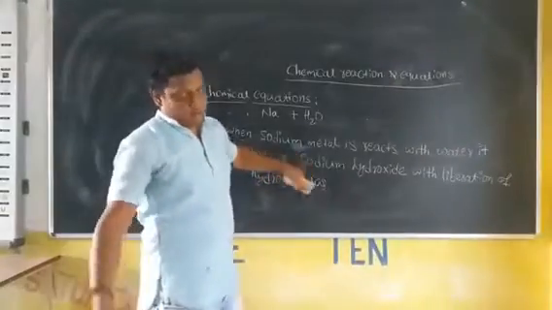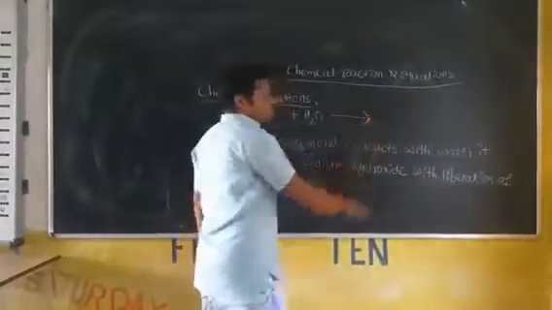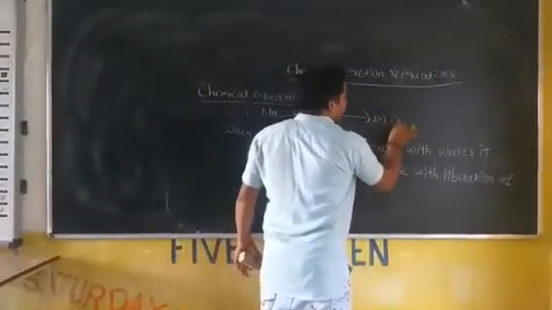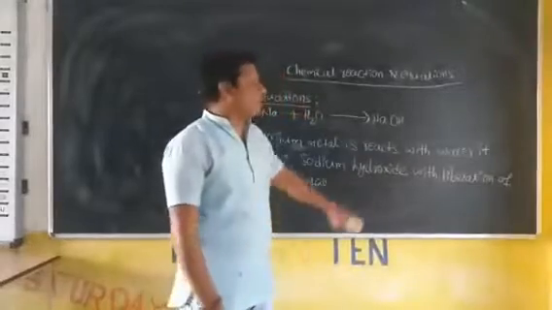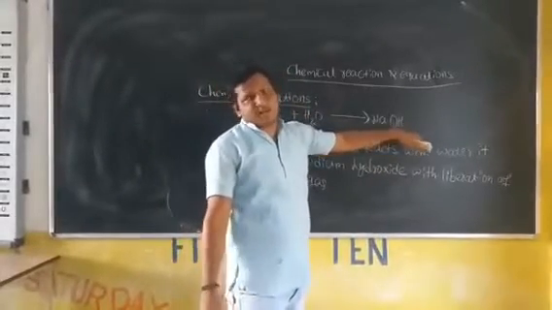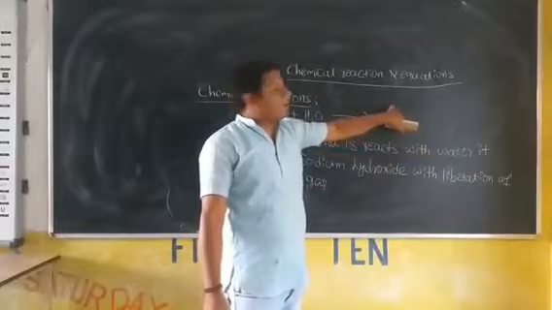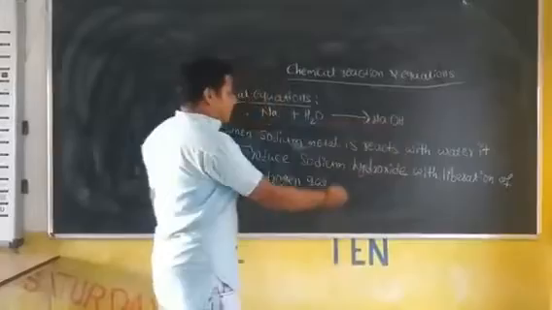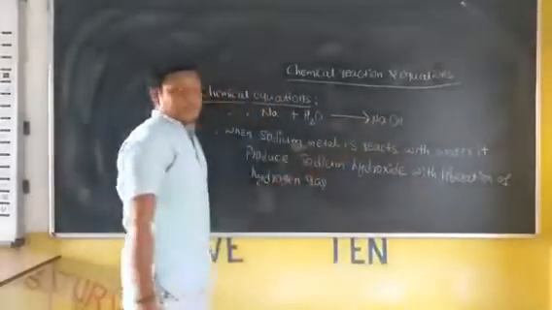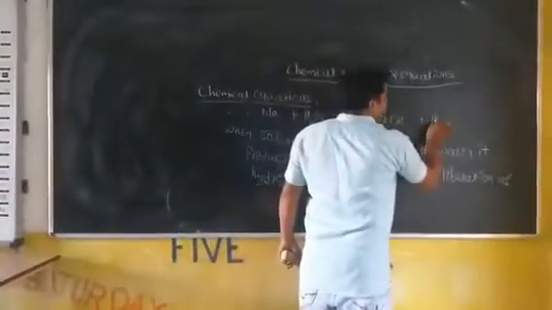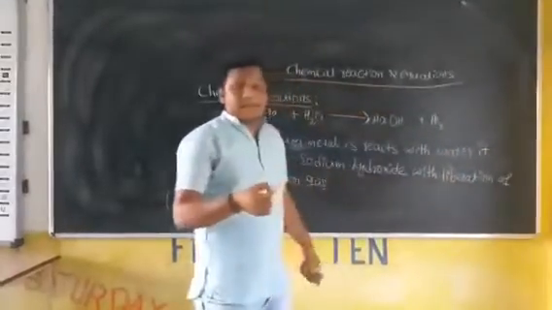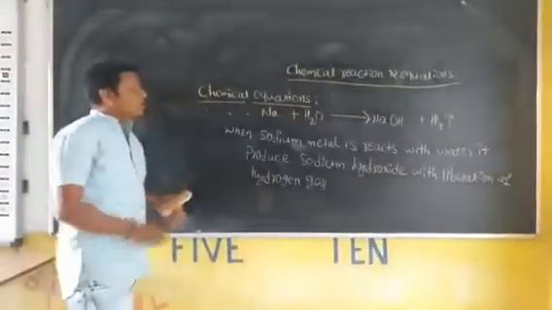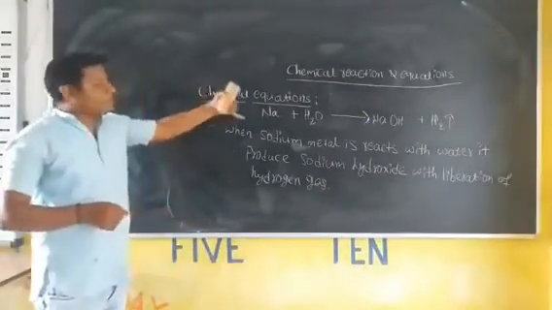Sodium hydroxide. Okay, in your valence chart I mentioned sodium means Na, hydroxide means OH. And what is the valence of Na? Plus 1. Valence of OH is minus 1. Hence the magnitudes of both are the same, hence it becomes electrically neutral. Then with the liberation of hydrogen gas, that is H2 gas. How do you indicate gas? By using an upwards arrow mark. Okay, this is the conversion from this to this formula.